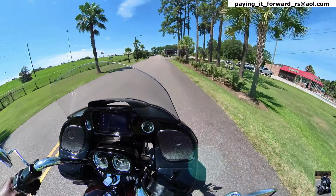So this is the Pan America Special, the 2021 Pan America Special. You'll see it looks a little different. So we got the lace wheel option on there. It's a $500 upgrade for when you get this bike. I would advise, if you like the lace wheels, to get it when you purchase the bike, because it's only a $500 upgrade. If you buy it afterwards, it's going to be $850 to $1,000, and it also has a different mounting system. But they are for quick release or a quick change out on the road if you bust a